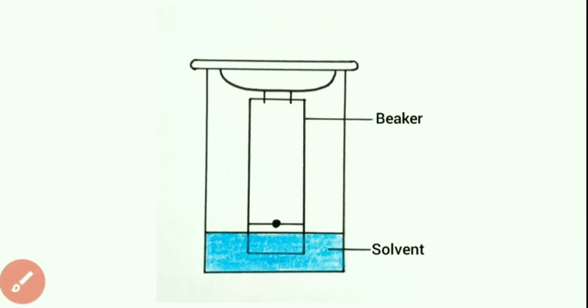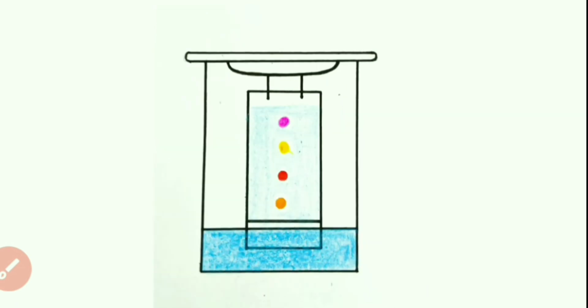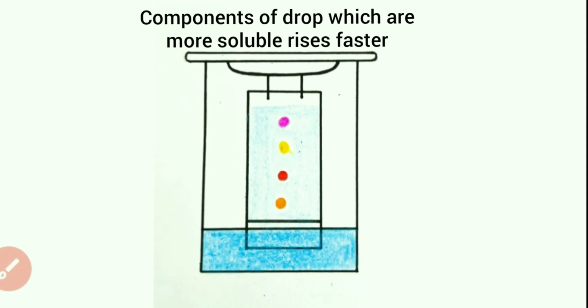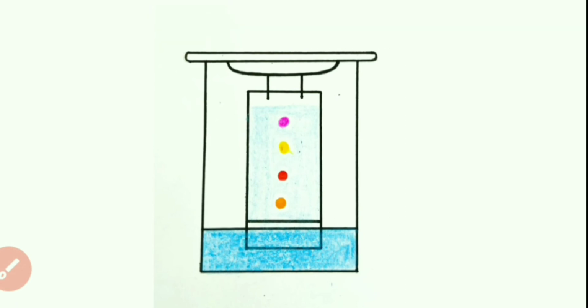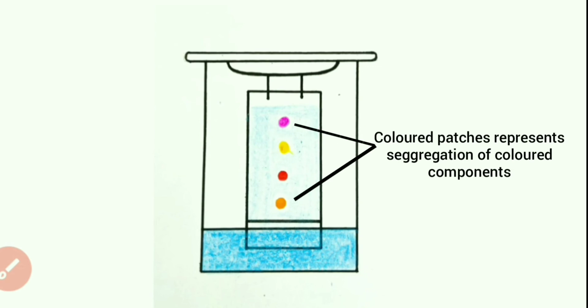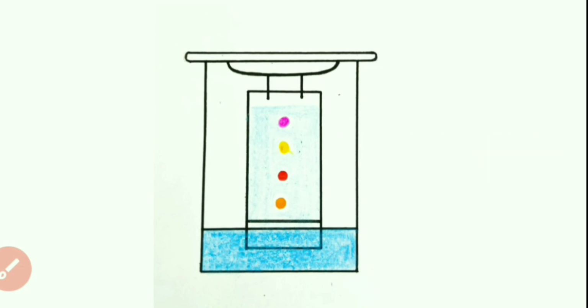What happens, the solvent starts rising up the paper, and along with it the substances which are present on the drop also start dissolving in the solvent and start rising along with it. Now during this process, the substances which are more soluble in the solvent travel faster. You can see a strip where the different colored components are separated on a sheet of paper because of their different solubilities in that particular solvent.